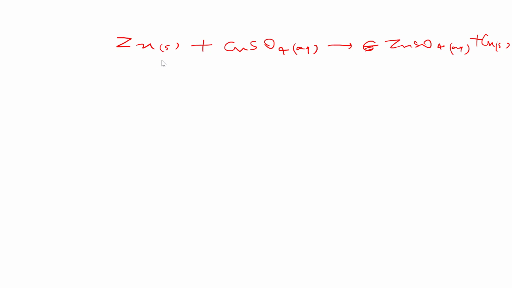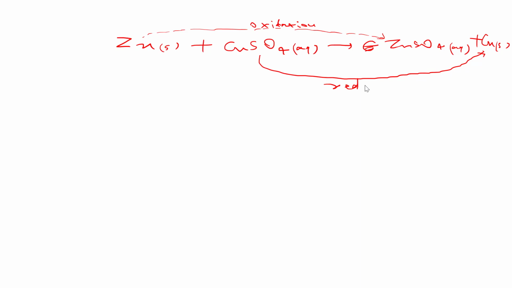Now which species is oxidized here? Zinc. We can check and we can say it easily. So the anode is formed by which species? Zinc will form the anode. Which species is reduced here? Copper. So the cathode is formed by copper here as it is reduced. So now which electrolyte are we using in the anode half cell for this reaction? That is zinc sulfate. And what is the electrolyte in the cathode half cell? Copper sulfate aqueous.